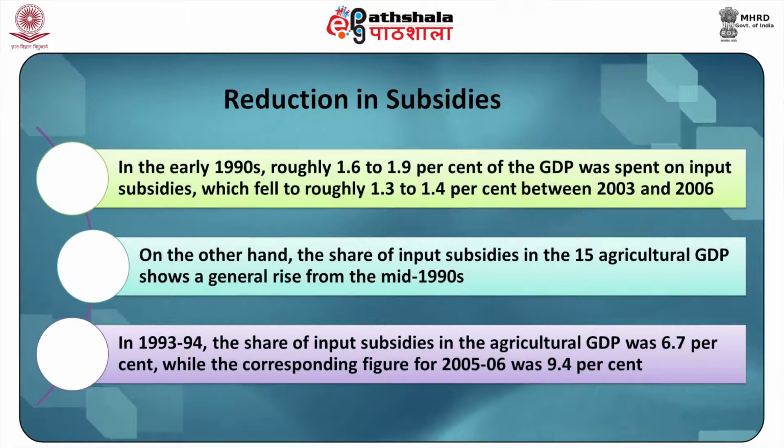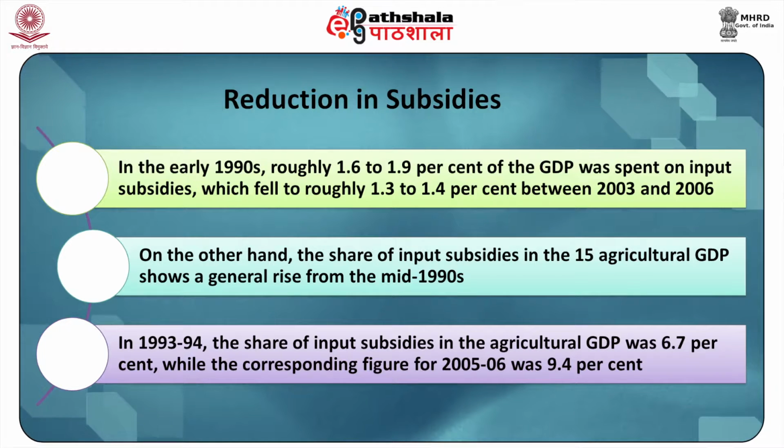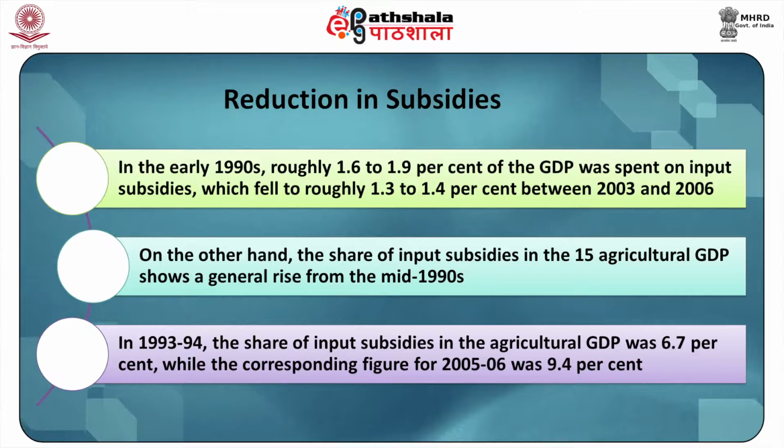In the early 1990s, 1.6% to 1.9% of GDP was spent on input subsidies, which fell roughly to 1.3% to 1.4% between 2003 and 2006. On the other hand, the share of input subsidies in agricultural GDP shows a general rise from the mid-90s. In 93-94, the share of input subsidies in agricultural GDP was 6.7%, while the corresponding figure for 2005-2006 went up